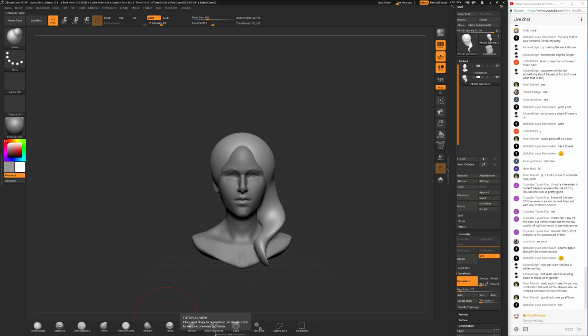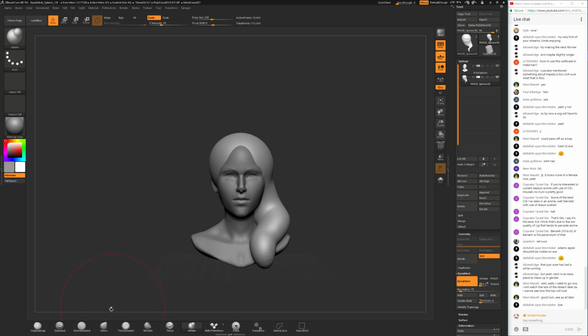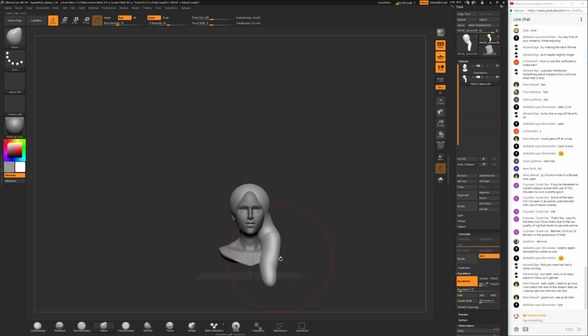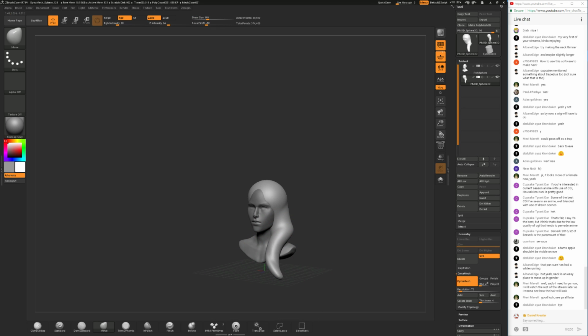And when smoothing a lot on objects in ZBrush, they tend to go very thin and start to disappear. So I'll often use the inflate brush to get the volume back that I lose. Then you can remesh it with Dynamesh and something along those lines to fix the lost volume again. So let me get the curvatures right.